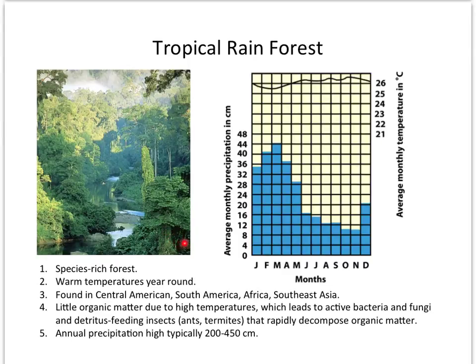When we don't count bacteria, this canopy layer actually contains about 90% of all the organisms that live in the tropical rainforest ecosystem. And you're going to find a wide variety of organisms here. Mammals, reptiles, insects, amphibians, fish, elephants, you name it, you're probably going to find them in this type of biome.